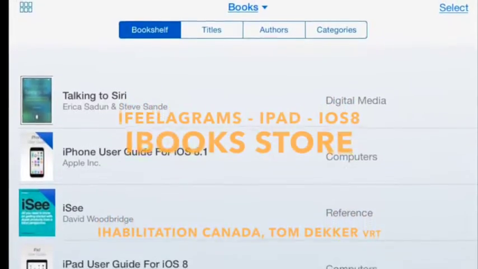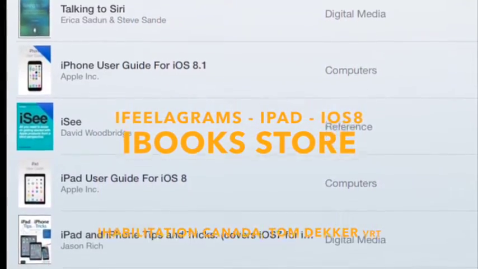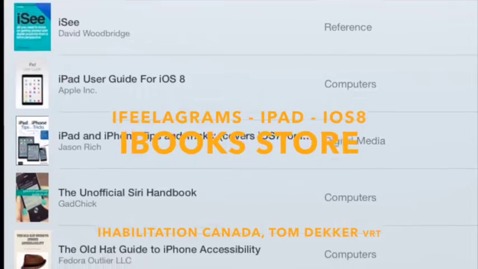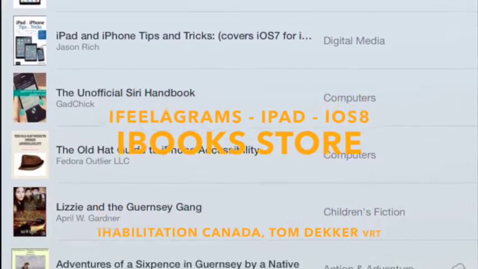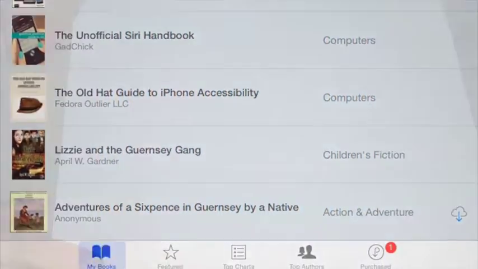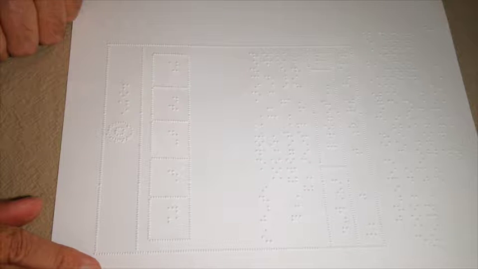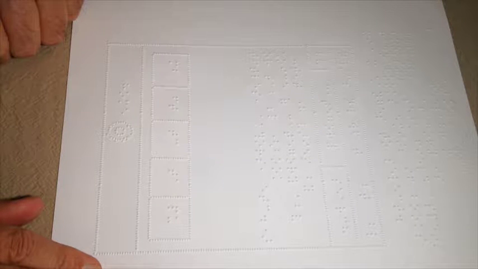This is companion video number 21 for iFeelagrams for iPad, iOS 8, the iBooks store. Unlike the iTunes and App Stores, the iBooks store is integrated into the iBooks app. When iBooks opens, what you see will depend on the tabs selected from the row of 5 tabs across the